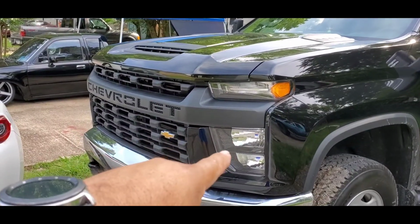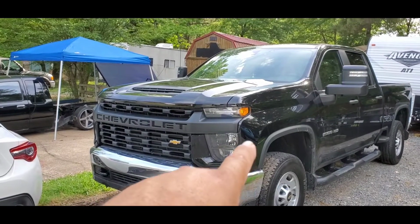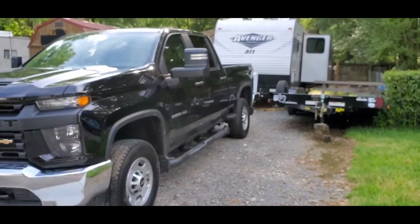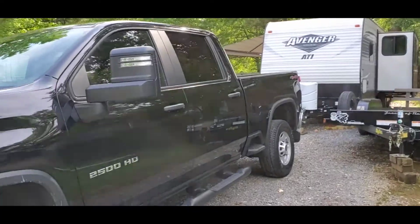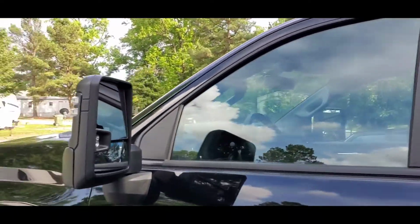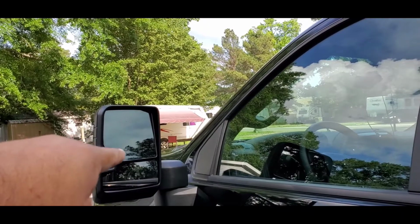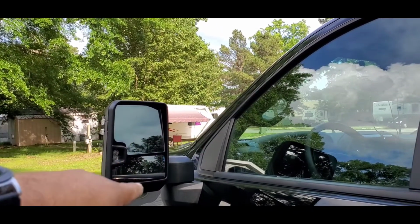Yes, the headlights work perfectly for straight in front of you. They're halogen headlights. It's got LEDs up top. These actually go out towards the sides as far as floodlights. The mirrors are power retracting, but not auto retracting. It's got a button for them. It's got LED floodlights here, and then it's got heated mirrors, and the mirrors are power on top, manual on